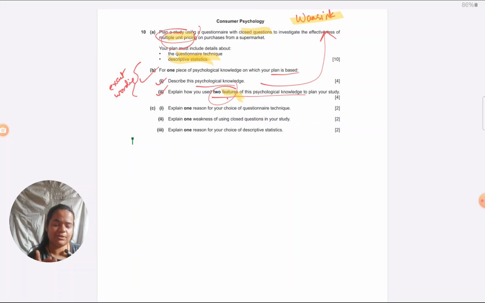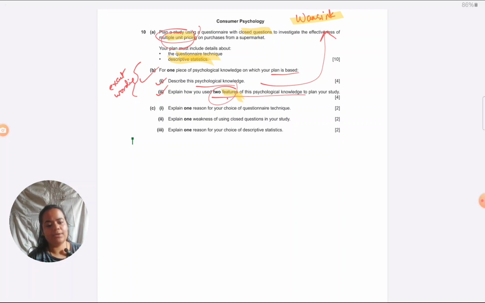So just to refresh that, you must be remembering that Vansing had offered the same items in different supermarkets, either in single unit pricing options or multiple unit pricing options. They were everyday items that were on offer. And what he found was that whenever the items were pitched as multiple units, so whenever they were offered on multiple unit pricing, they would inevitably sell more than when they were offered as single unit pricing. That is the study which we are going to base this study on. So first we need to bring that study to mind.